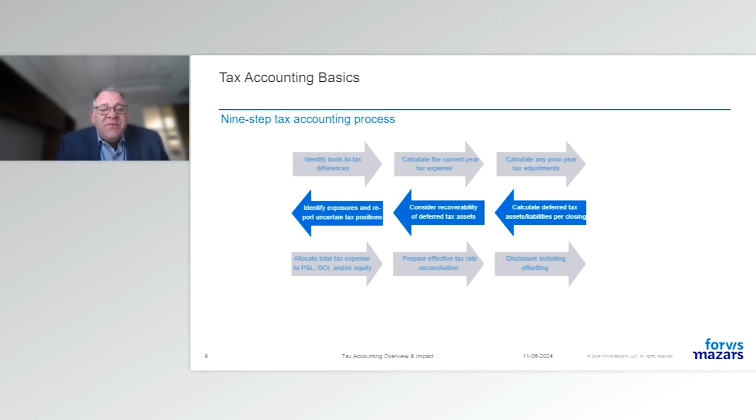Then we have to identify exposures and report any uncertain tax positions. Uncertain tax positions are essentially positions taken on a tax return that may or may not rise to the level of being highly certain. So we go through a two-step process. One is